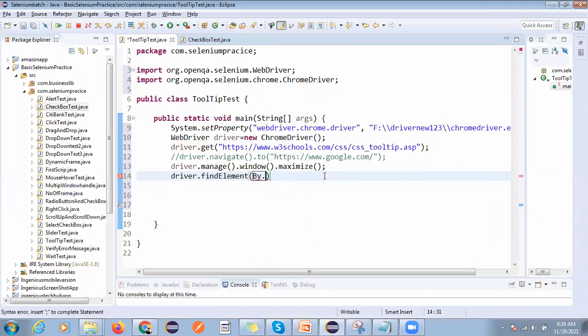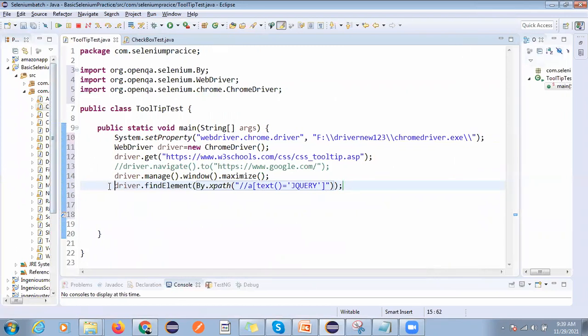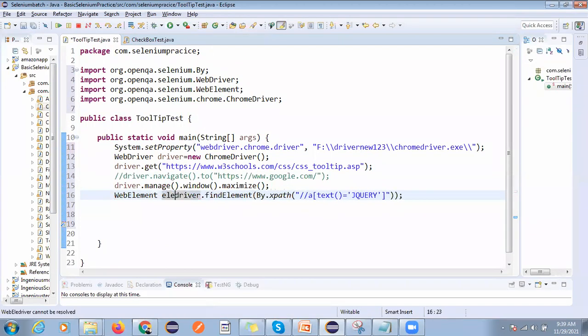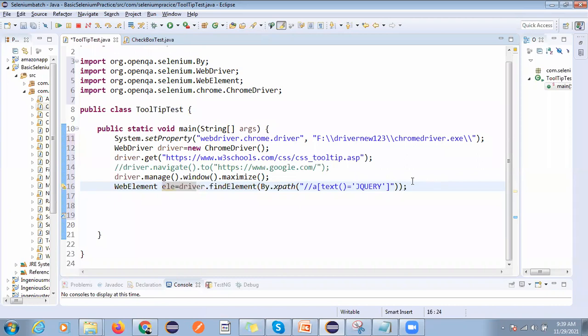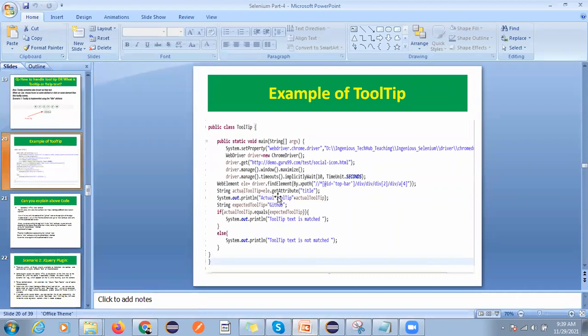Okay, xpath, and we will write here the xpath, and now we will store it in an element. Okay, and now here we will use the method called getAttribute.